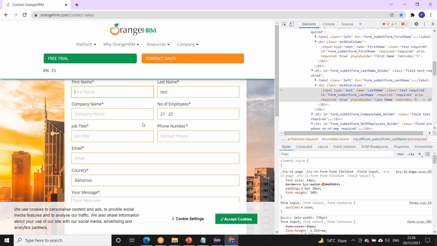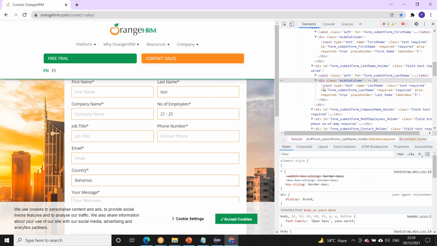There are attributes available that you can use. What is input? Input is a tag name that is used to create an input box, where the user can input. For a submit button, the tag is submit. For a label, the tag is label. For a division, the entire page is divided into different sections with the div tag.